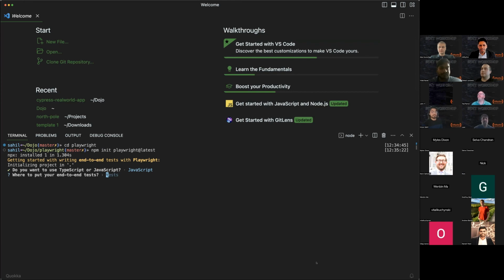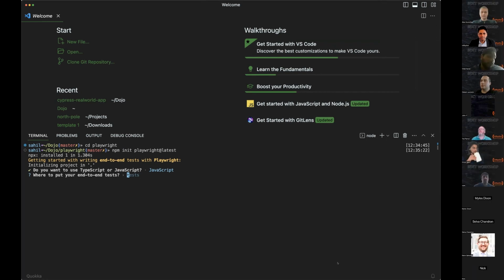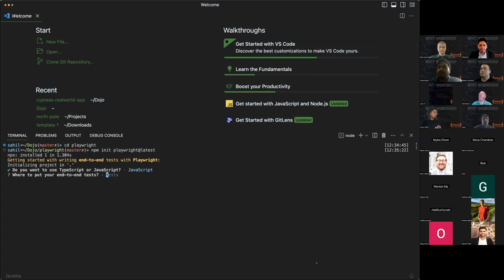Thanks. So next, it'll ask you what folder you want your tests in. This is useful because if you're initiating Playwright in a repo that already has production code, like a web application repo, you can define what path your tests will live in. So we'll just leave it in test for now. All right, sounds good. So I'll just click enter because we're going to leave it as is.